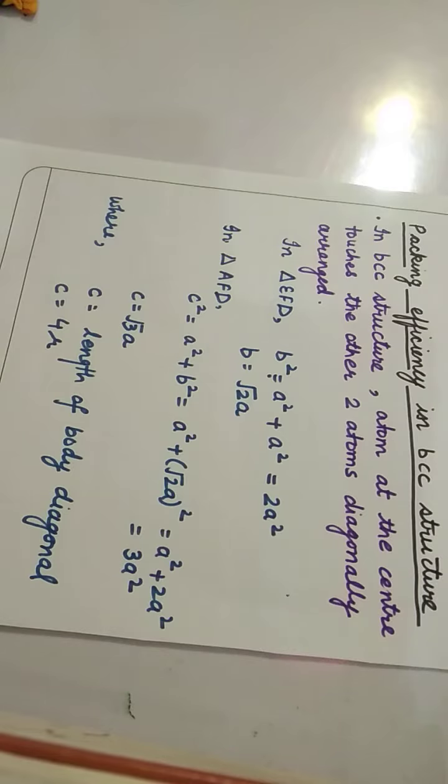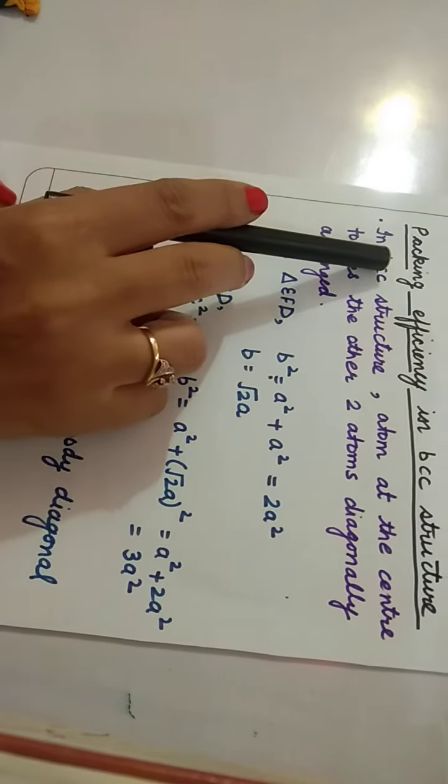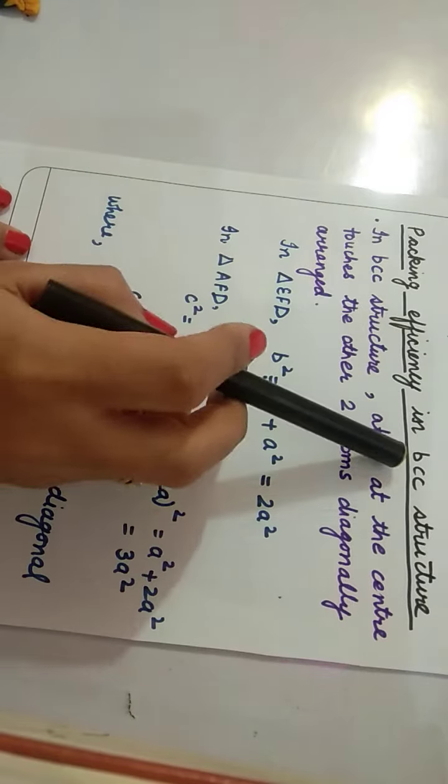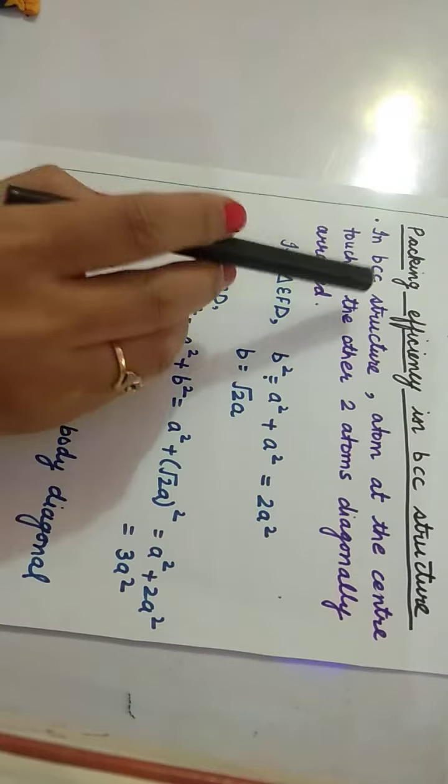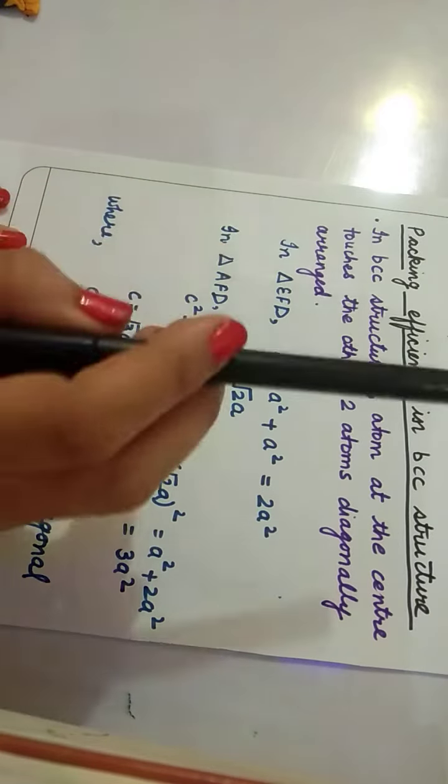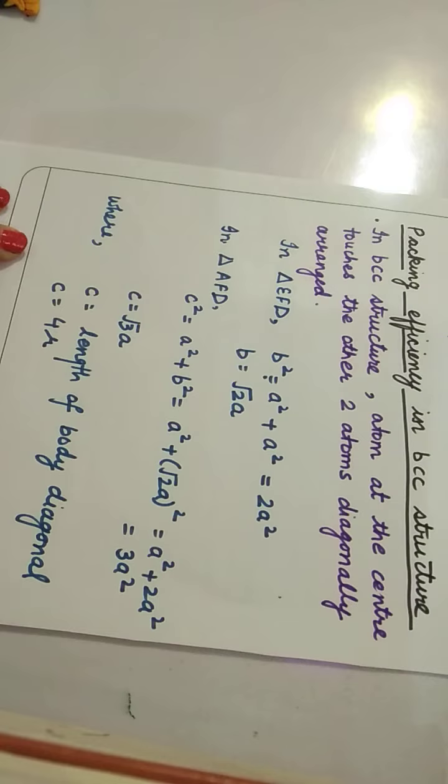As earlier we have done the topic packing efficiency in HCP and CCP structure, which is coming out to be 74%. Today the topic we'll be discussing is the packing efficiency in BCC structure, that is body centered cubic structure. As you know, in BCC structures, the atoms are arranged at the corners and one at the center of the body. So, if this is the